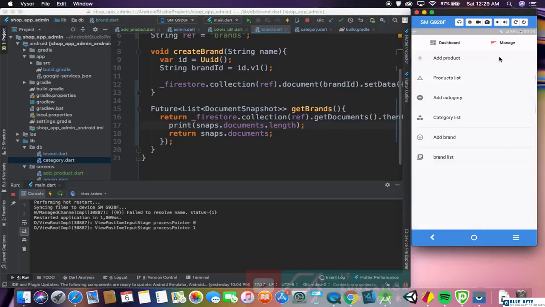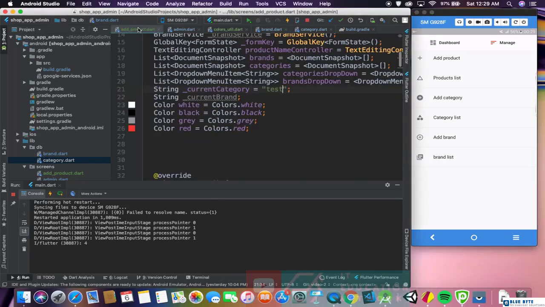So let's go and manage, and I'll get here brand list. Okay, we are having 4 here, meaning that we are getting the values from here. Perfect. Because we actually have 4 brand names there. Perfect, this is working. So let's go back to our add product page,